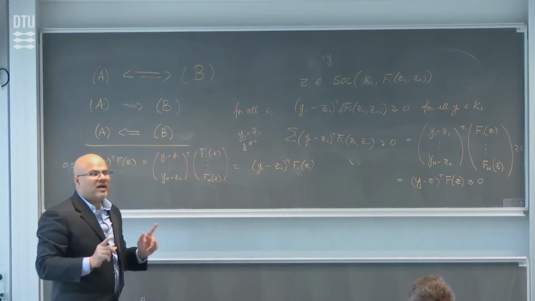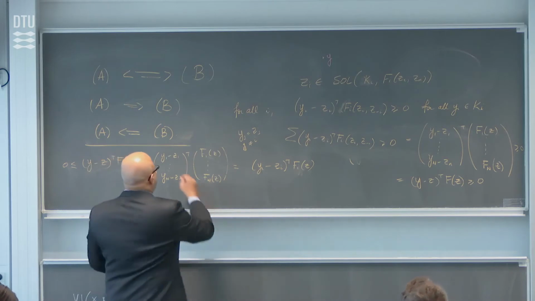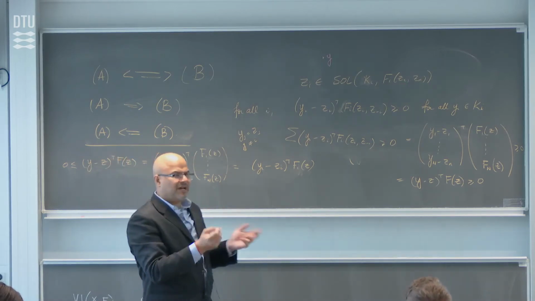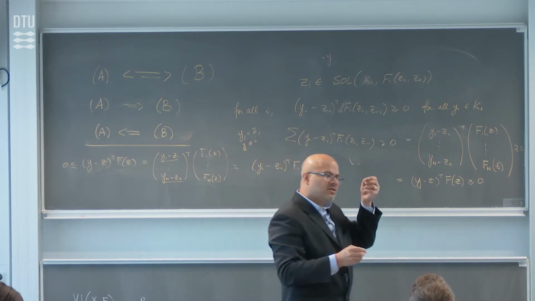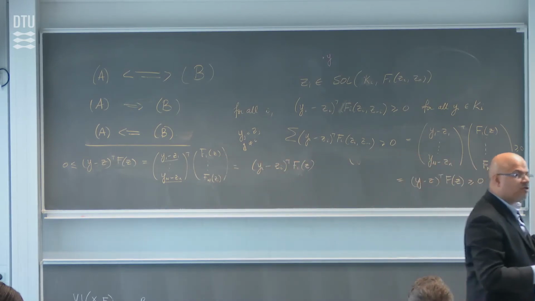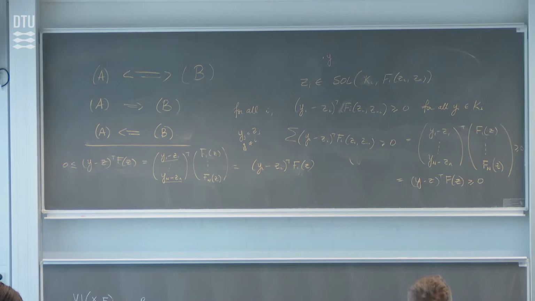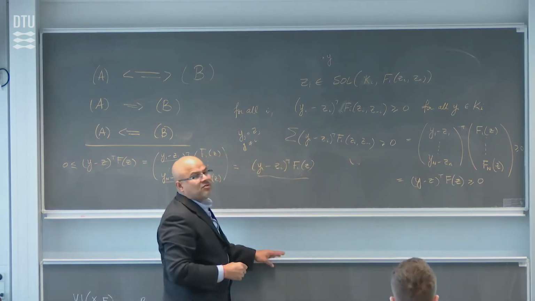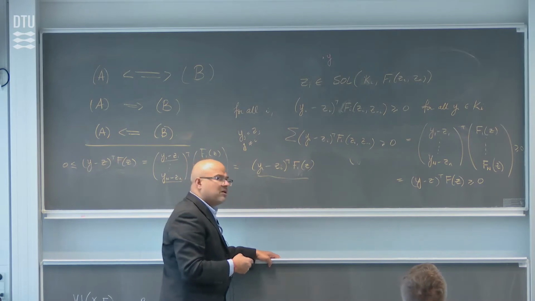Does everybody see how I've gotten from here to here? I chose these y_j to all be equal to z_j. So if that is 0, then those do not contribute to the overall inner product. Okay? So what I'm left with is just this inner product, but this leads to the statement regarding the